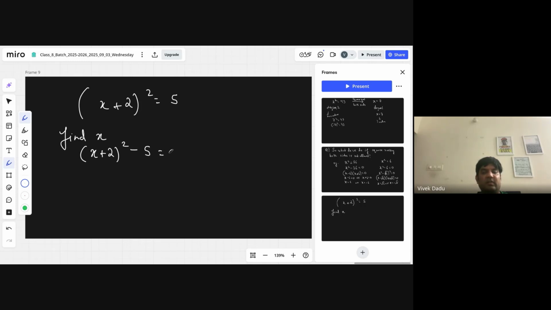See, guys, bring it on the left hand side. 5, you can write root 5 whole square. Now this becomes x plus 2 plus root 5 into x plus 2 minus root 5. So you get